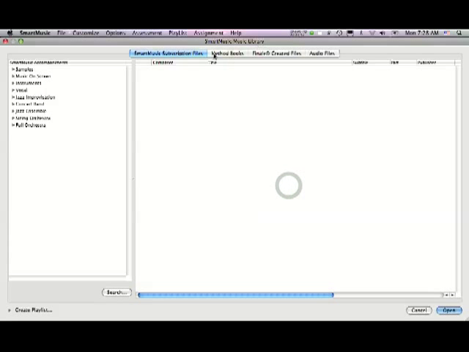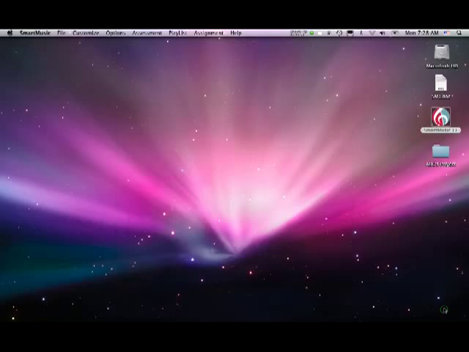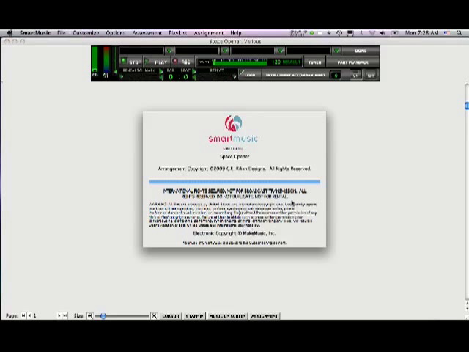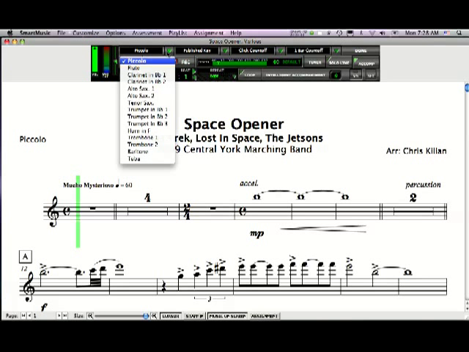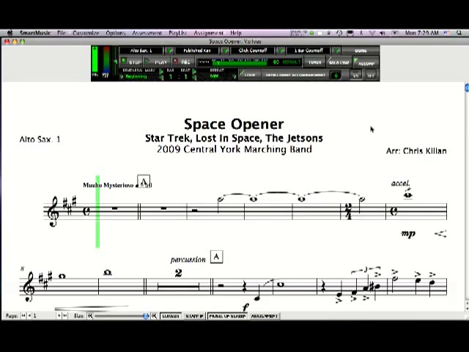So we go to the music library here, and under Finale Created Files, I can navigate to the location on my hard drive where I have the file stored, which is in this folder. This is the file. And when I click open, it will open up and it will open the part. I will also see the part on the screen, and I have my controls up here on the top. If I go up here, I can select the instrument and part that I wish to play, and it brings up that music, and it looks just like the music that I have